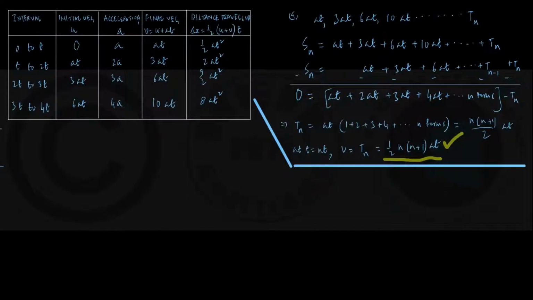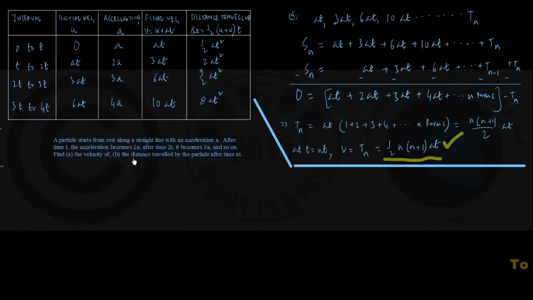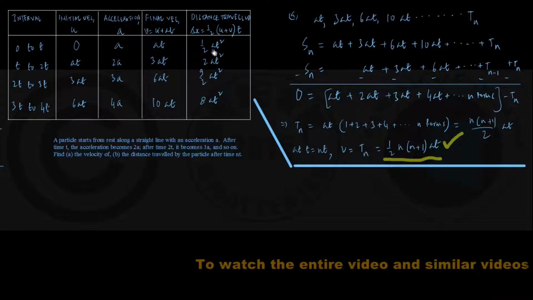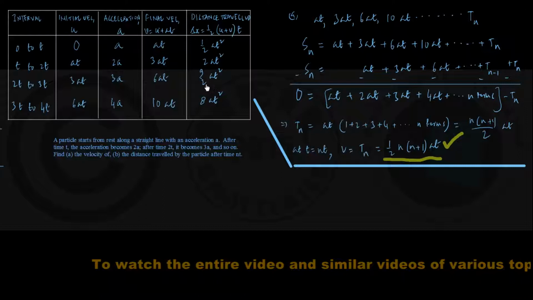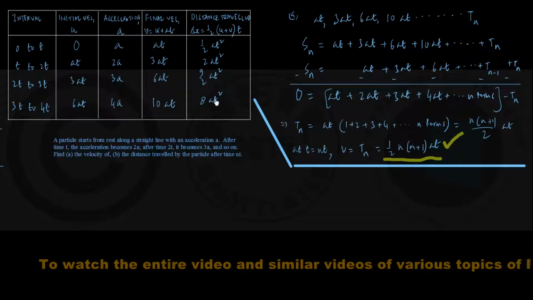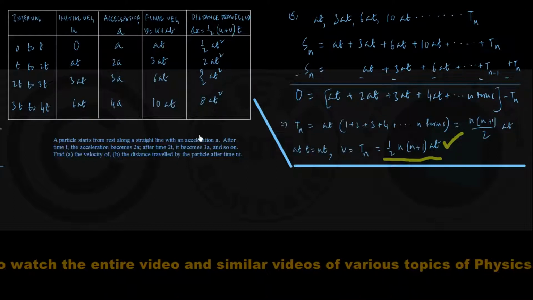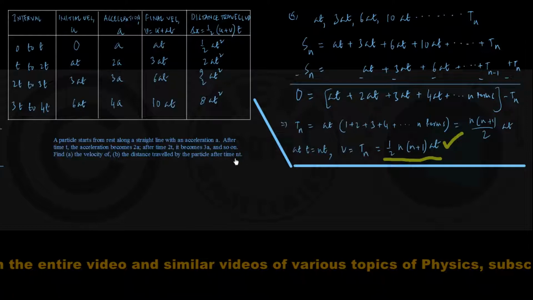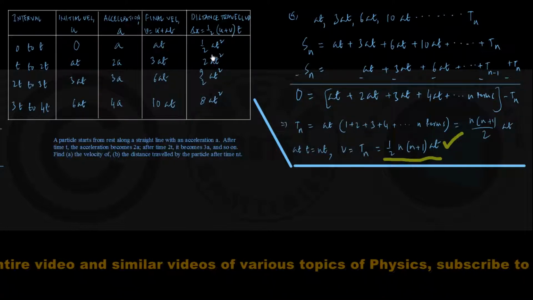So once we have completed part A of the problem, let's have a look at it once again. They're telling us to find the distance traveled by the particle after time nt. And once again, you can see from this table, in the first interval of duration t, displacement was half at square. The second interval of the same duration, it was 2 at square, then 9 by 2 at square, 8 at square, and so on. And when they look for the distance traveled in time nt, we have to find